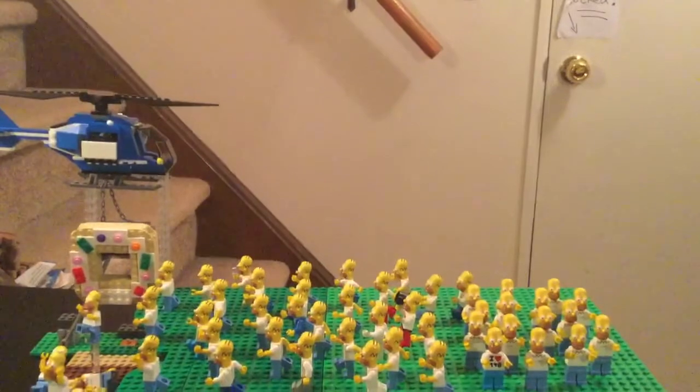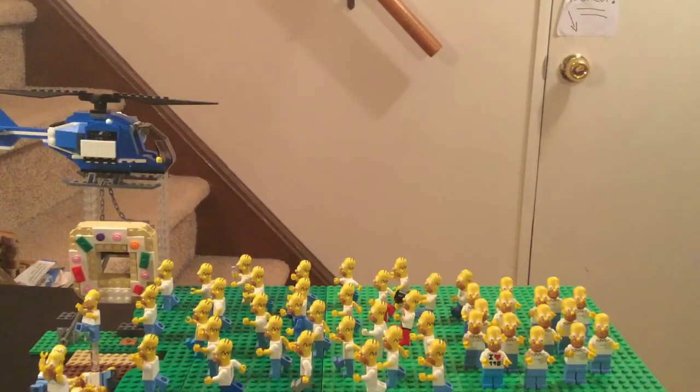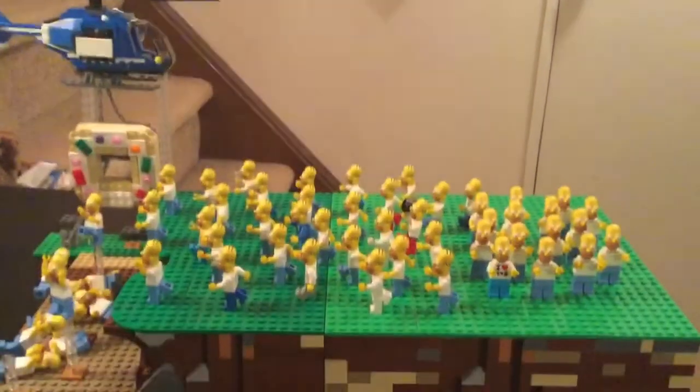Also, I do apologize that the camera stand is not really cooperating. But among what's Homers in here...